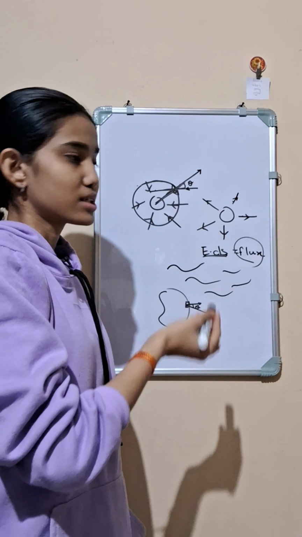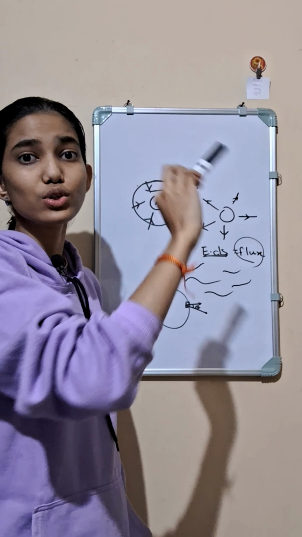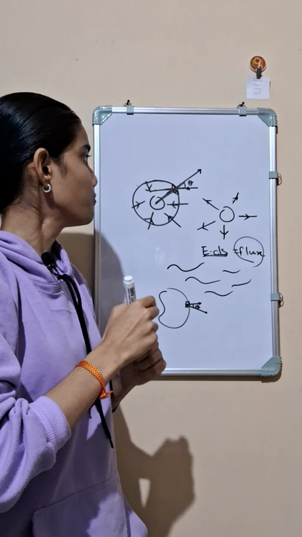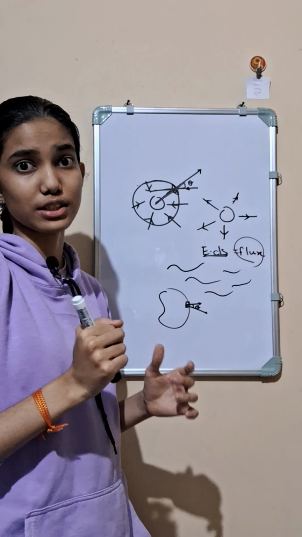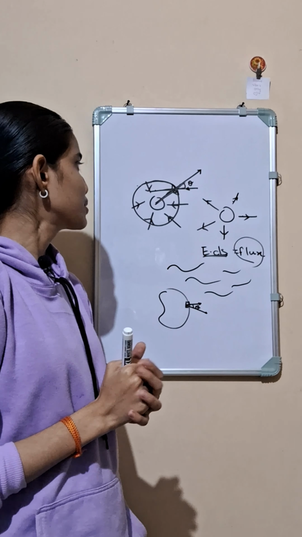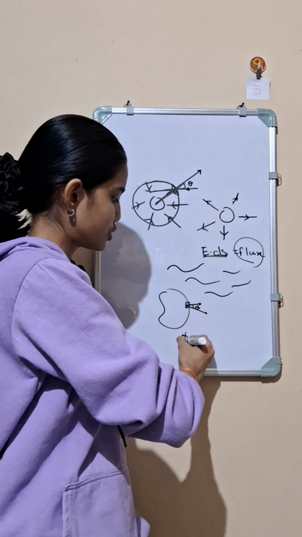So just like this, to calculate the flux due to some mass, we can draw a Gaussian surface, and after drawing the Gaussian surface, we can simply say that this flux will also be equal to